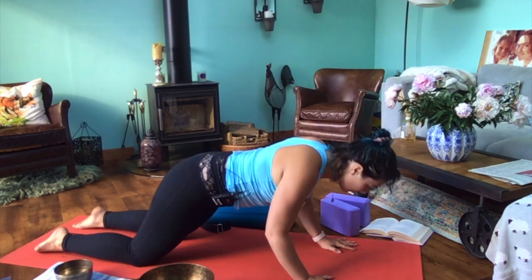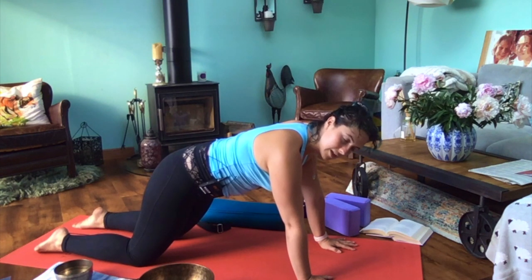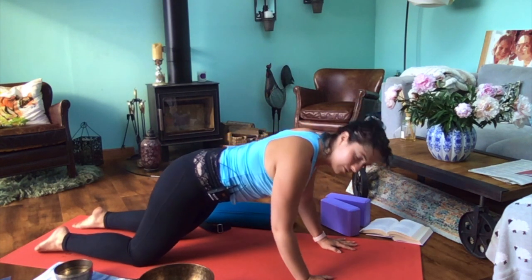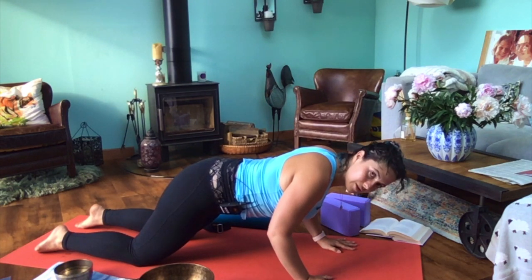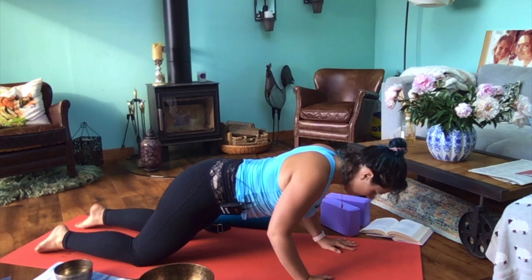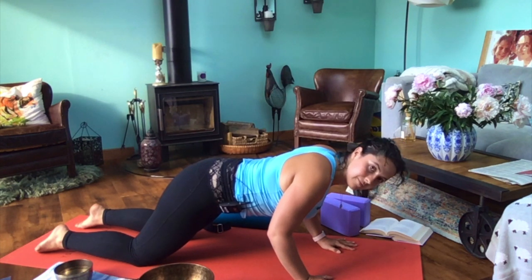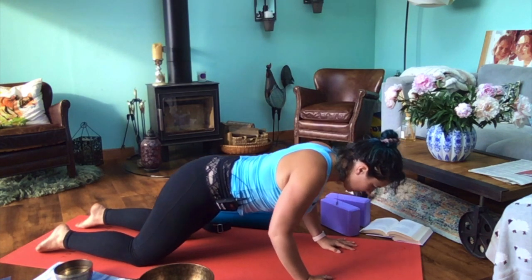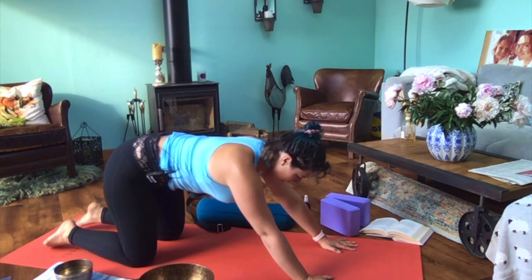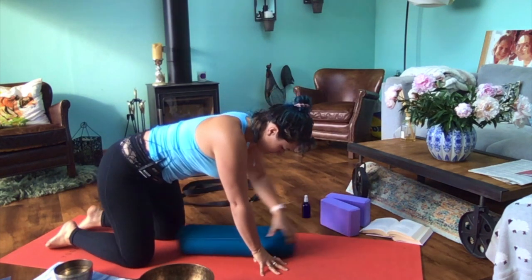Awesome. 2 more, breathe in. Breathe out, feel a little bit of fire starting to build. And this last one, we're going to hold down for 3 breaths. So breathe in, hug your baby in, breathe out. Breathe in, and out. Last one, and out. Push yourself up and sit back on your heels using support of a bolster, cushion or block underneath the bottom,